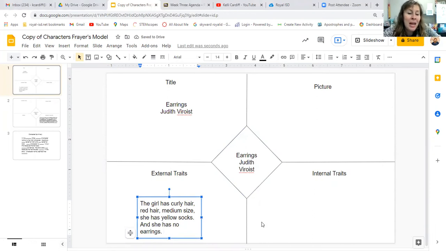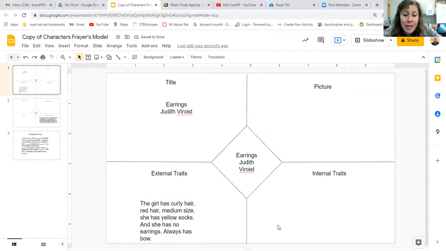Okay. Oh, and a bow, a blue bow. She always has a bow. Okay. So then we would go into the next day, or actually this would be a Friday event, like I said,